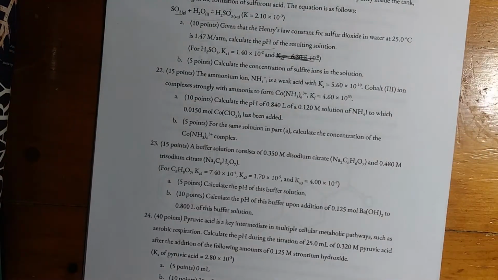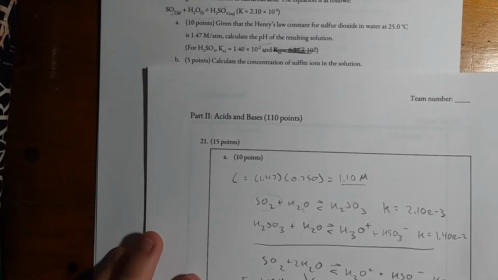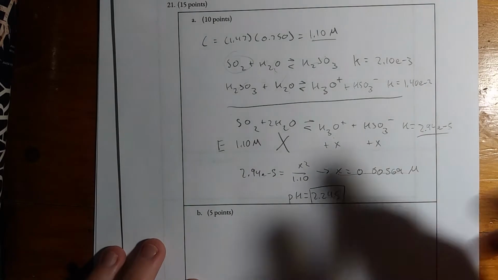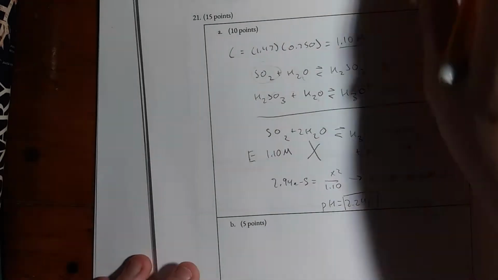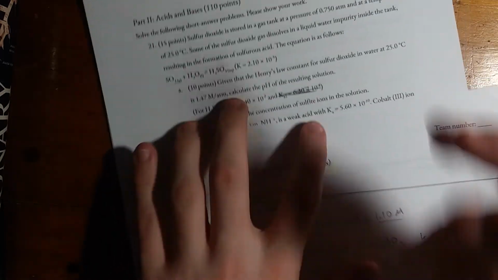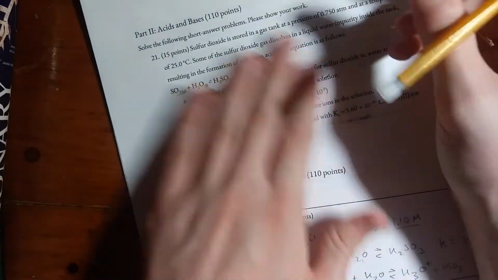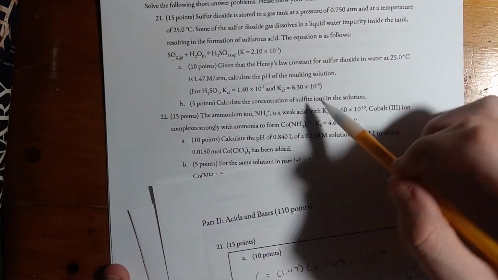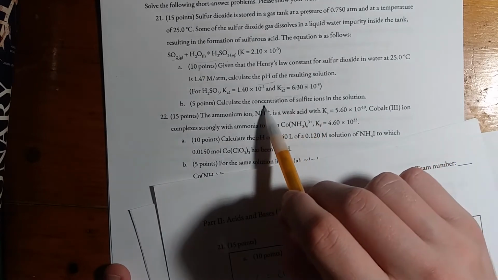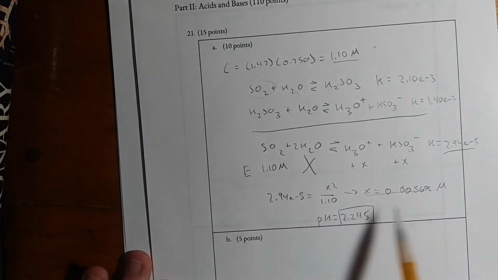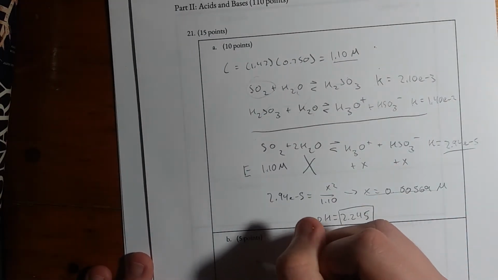So let's do the next one really quick. And this one's actually super easy, because it says calculate the concentration of sulfite ions. Hey, well hey. We already know the concentration of, it's not the sulfite ions. See, I almost made a mistake there. They're asking for sulfite ions, so that's the second dissociation. All right, that's a little clever. So now we care about this Ka2 again, because before I didn't care about it since we just wanted the hydronium concentration, but now we want the sulfite ions, so we need the second dissociation. They almost tricked me. So we want the second dissociation reaction, which is going to be,